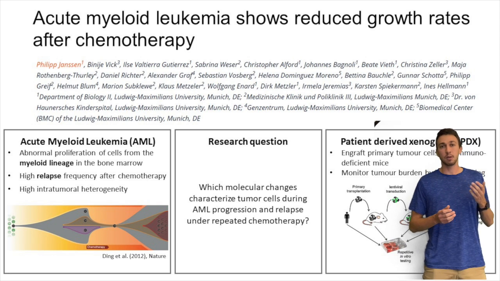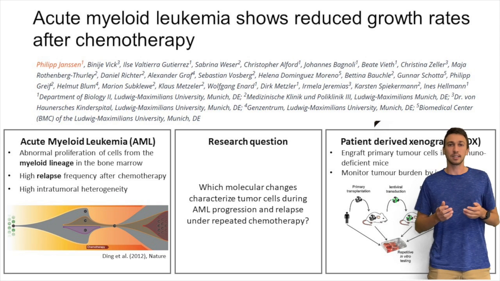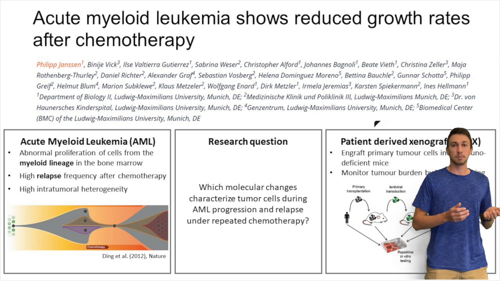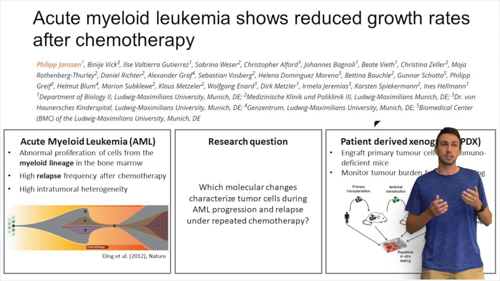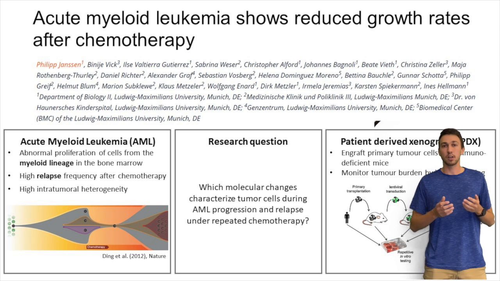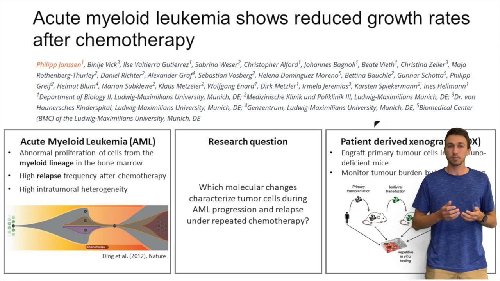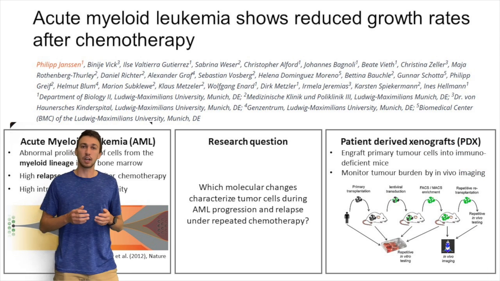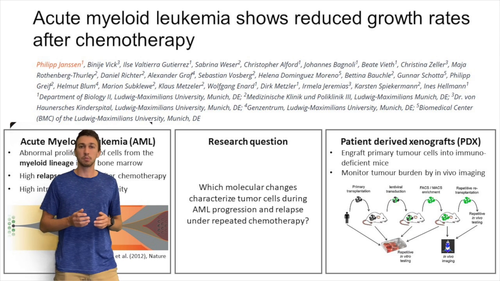So, for example, within one patient, you can have clonal evolution in a sense that a certain subclone survives chemotherapy treatment and then expands at relapse. So our question here for this project was, what are the molecular changes in the tumor cells if they undergo repeated chemotherapy and relapse? For this we chose patient-derived xenografts as our experimental model, where we transplant primary tumor cells